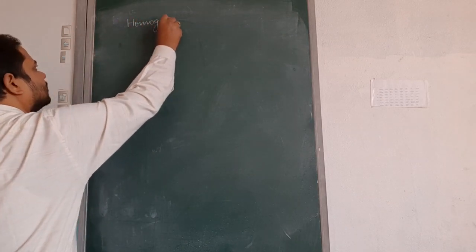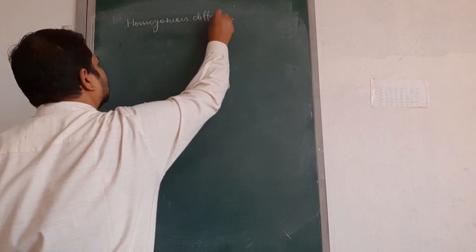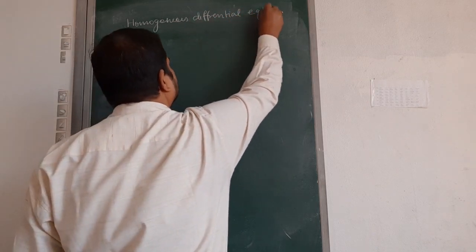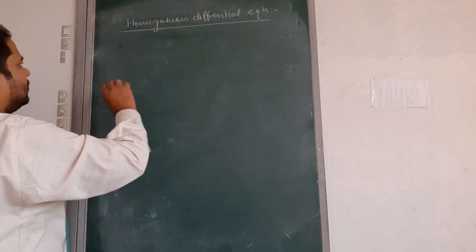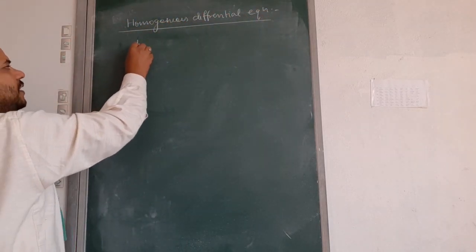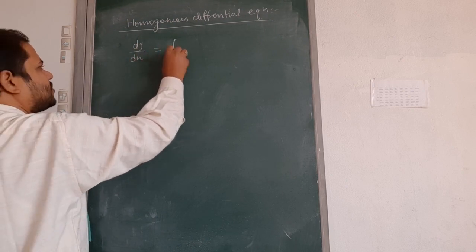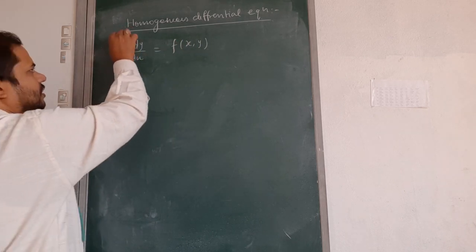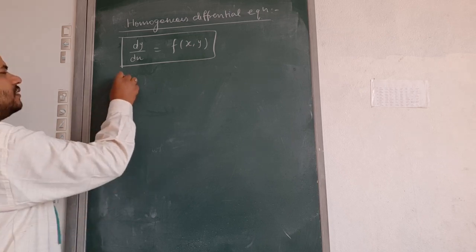Homogeneous differential equation. Okay. So first of all, we see an equation of the type dy by dx is equals to f(x, y), where